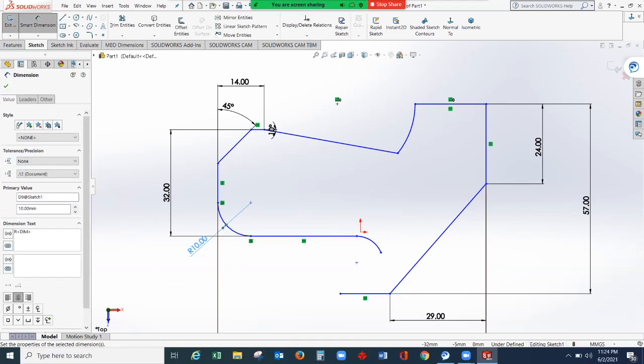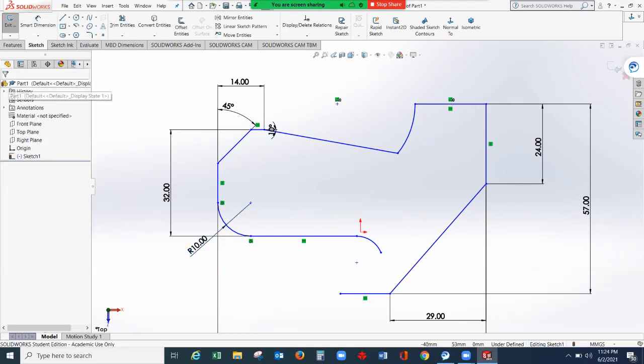And then we can make or add some relation here. So let's just close this dimension. So this is 24.